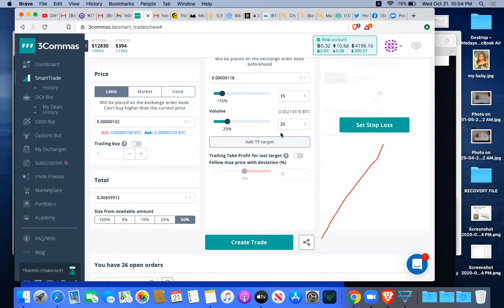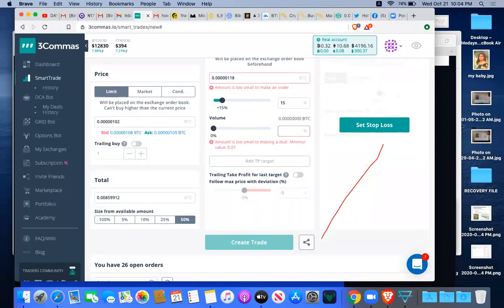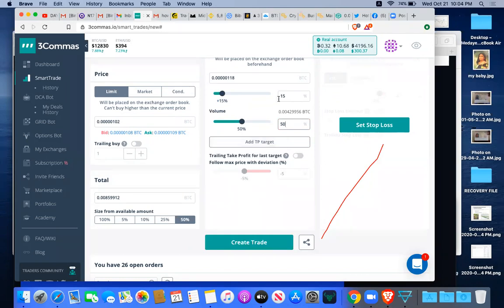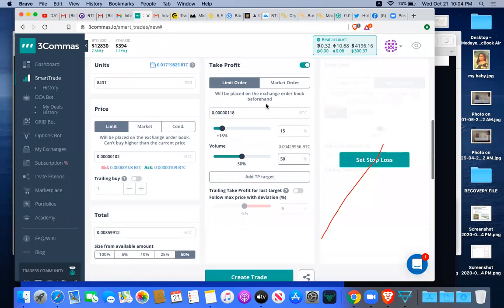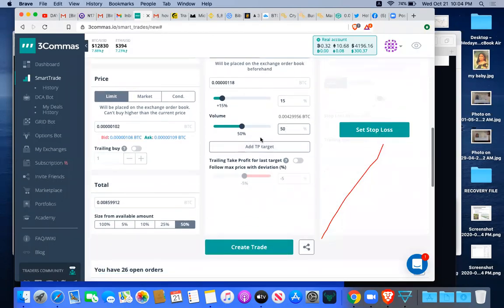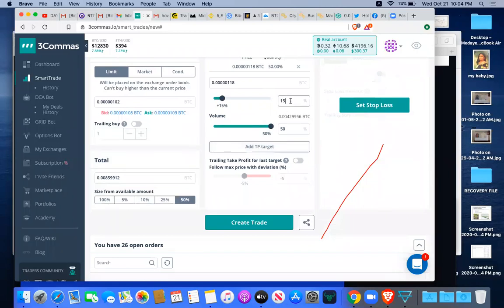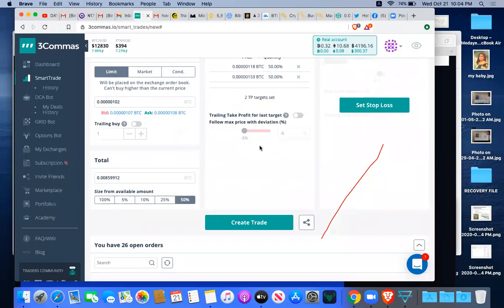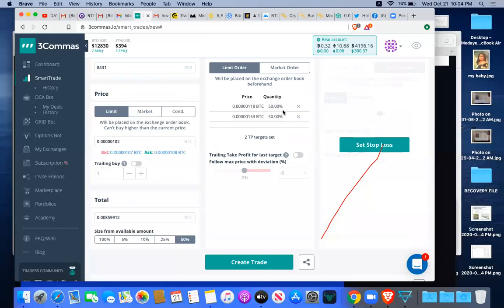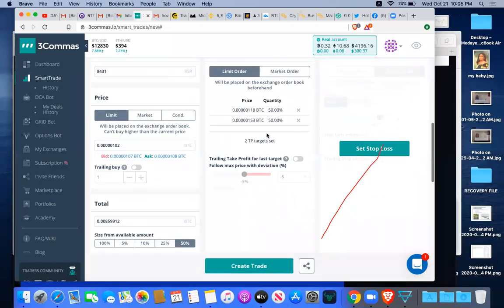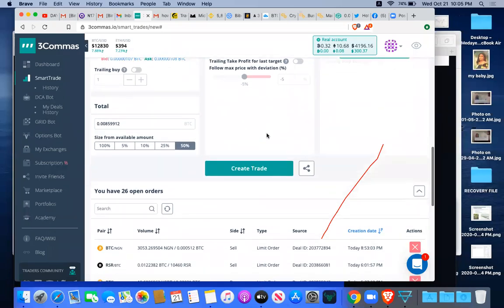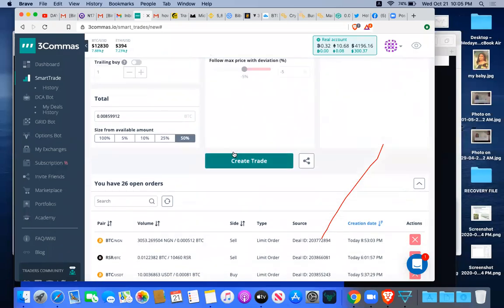This is a smart trade. I say 50% of my equity, just like ladder placing of selling price, 50% of it should be sold at this 15%, which is going to be 118 Satoshi. So I add up. Okay, I said the remaining 50%. So this time around, you are not going to type 100%. It's going to be 50%. You click add up. Now look at it, showing you 50%. Now the next one at 153 Satoshi, all right, is what I want to sell. So, okay, go ahead. Then that's this one.